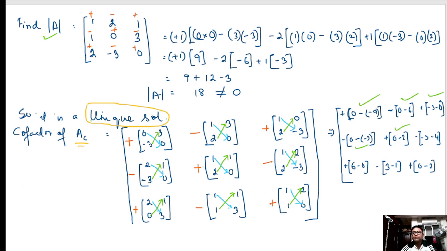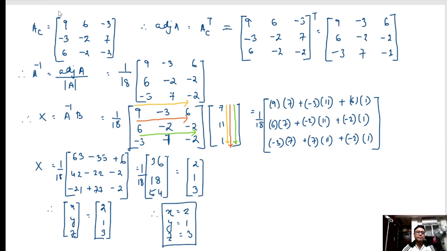So next is again, see, minus sign, 1 into minus 3, this is minus 3 minus of minus 4, so this is written here. Then is plus sign, this is 6 minus 0. Then is minus sign, which is 3 minus 1. Then is plus sign, which is 0 minus 2. Now if we calculate this, the matrix is becoming, this is the matrix,